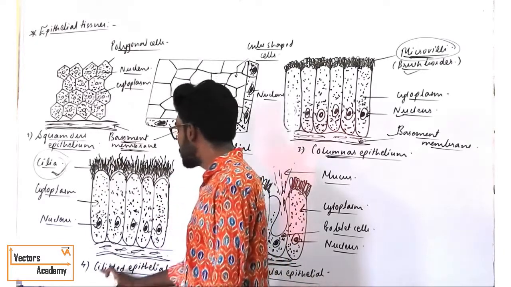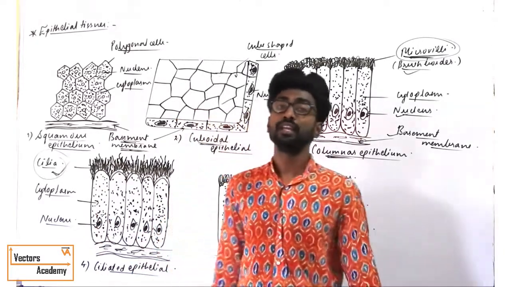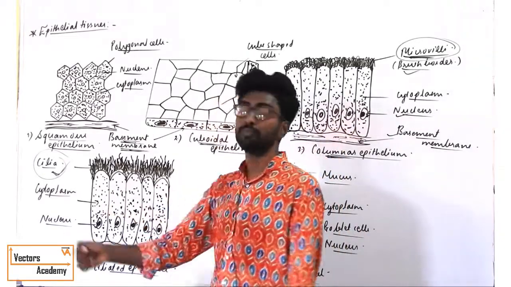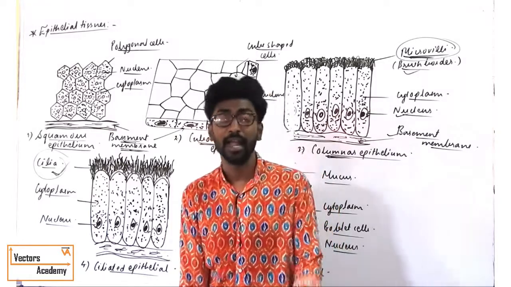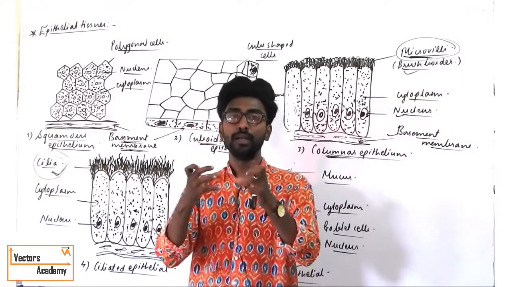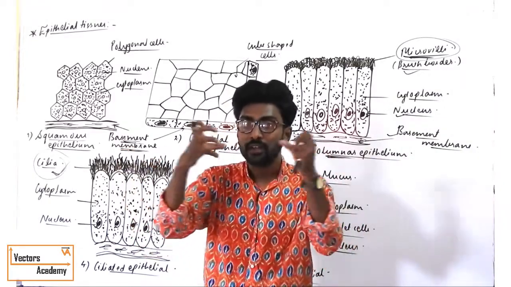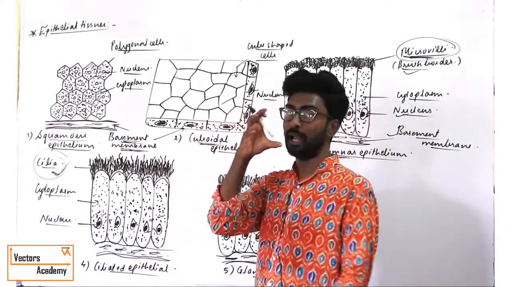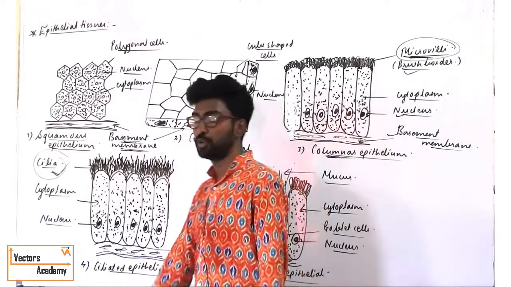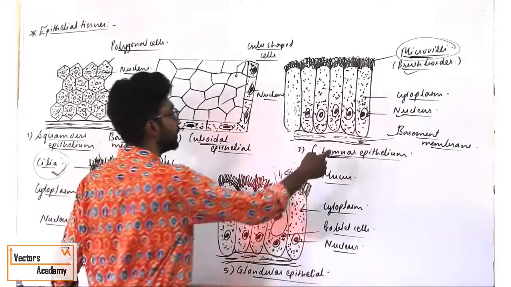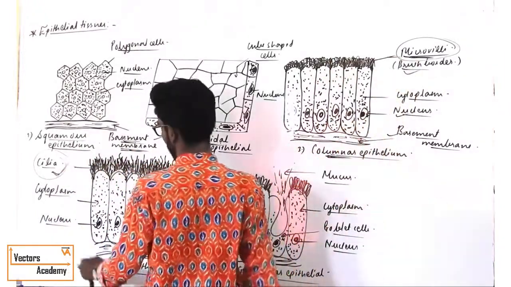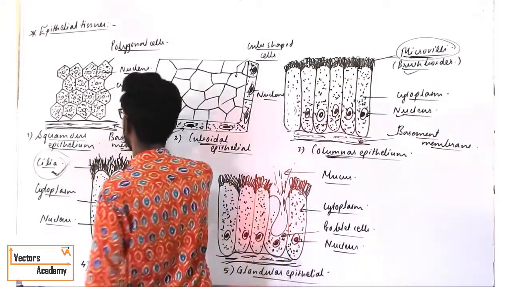So the function of the ciliated epithelium is that it generally entraps the dust particles which come along with the air. That's why this kind of epithelium is present majorly in the respiratory tract and the fallopian tube of the female. Why in the fallopian tube? So that the egg, when released during the menstrual cycle, is trapped by the fallopian tubes with the help of fimbriae and passed on. That's all about ciliated epithelium. The major difference between columnar and ciliated: at the anterior surface, microvilli increase the surface area for absorption, and here at the anterior end, cilia are for movement.